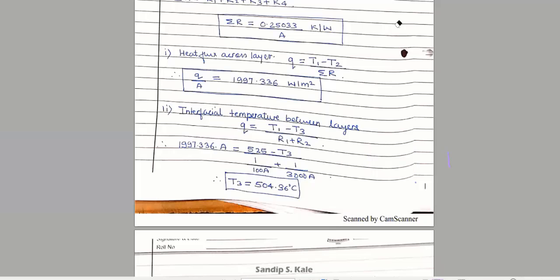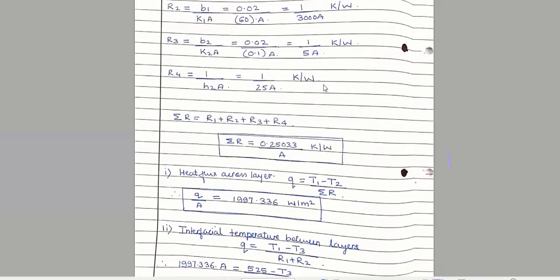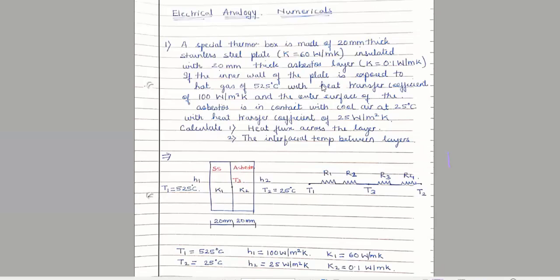Yes. So this is the only numerical we will take today, because the other numerical is a lengthy one. What you are supposed to keep in mind: the first step is to draw this block diagram. Actually, the first step should be to read the numerical twice and write down the given step by step, then draw this block diagram, and then draw the electrical analogy.